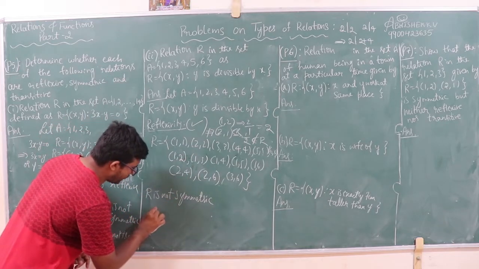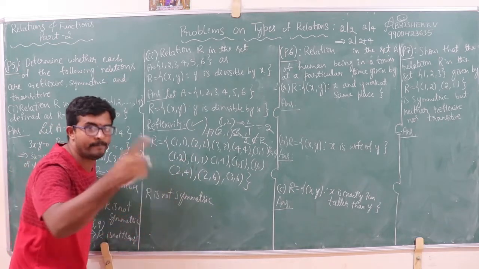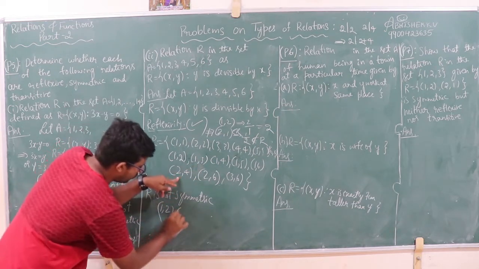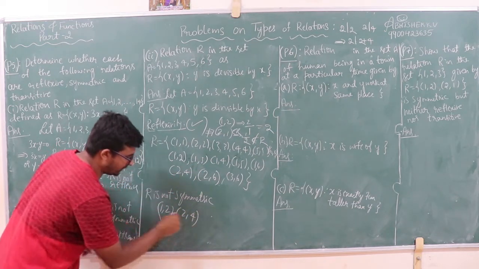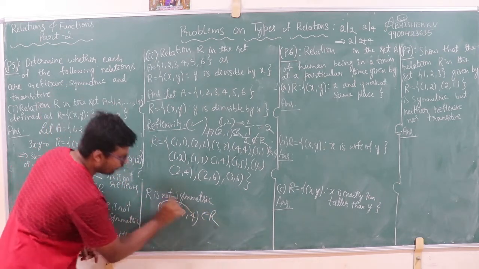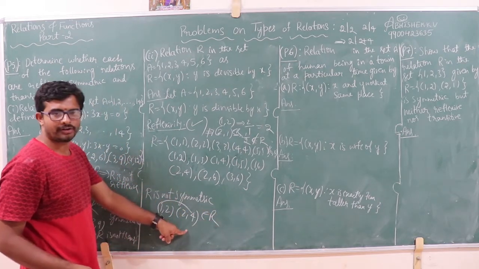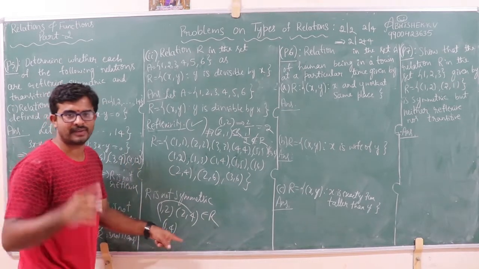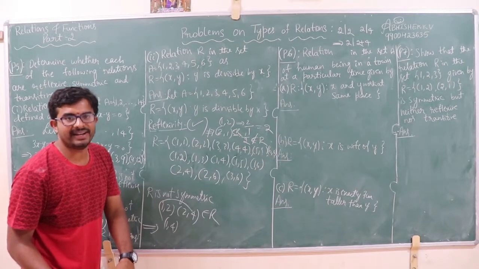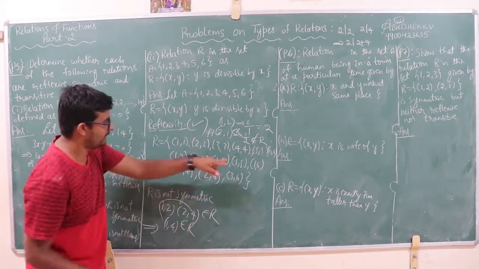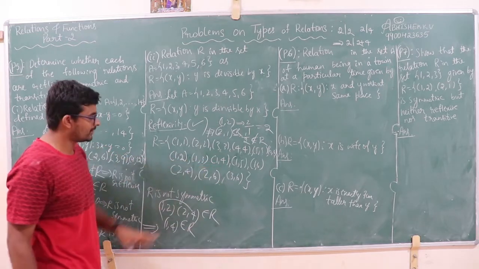Yes. Look at the next property, transitivity. (a, b), (b, c). See, 1, 2. Next one, 2, 4. Both belong to the relation. According to transitivity, 1 is related to 4. 1 is related to 4 means what? 4 should be divisible by 1. Yes, it's possible. It also belongs to the relation. See, 1 and 4 belongs to the relation.